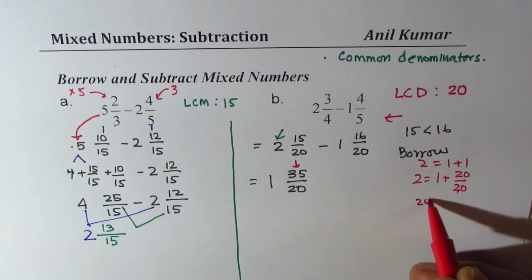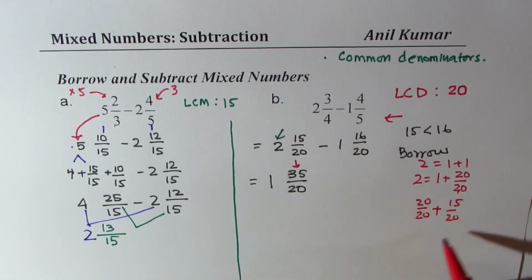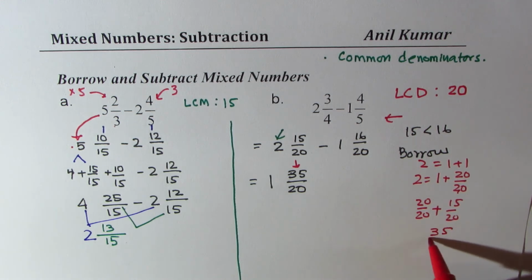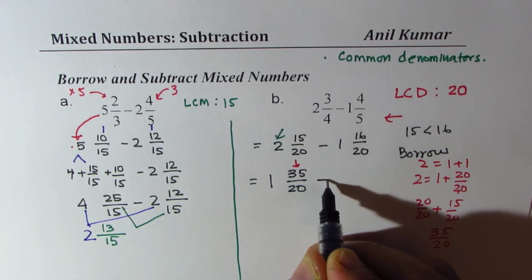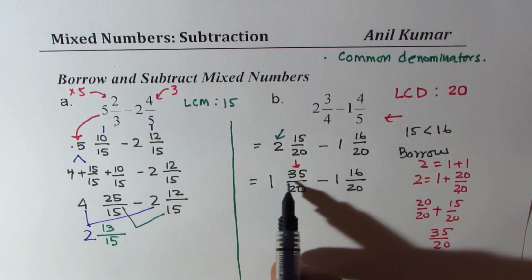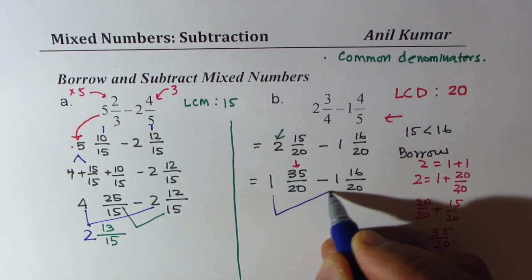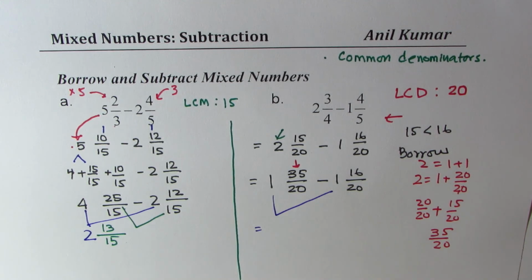Now when I add 20 over 20 with 15 over 20, what do I get? I get 35 over 20, which is right there. I hope now it is absolutely clear. So let's continue. So we get this as 1 16/20 to be taken away from 1 35/20. Now when you do 1 minus 1, you get nothing, so don't write anything here. Writing 0 is not a good idea, correct? And in the fraction part, you get